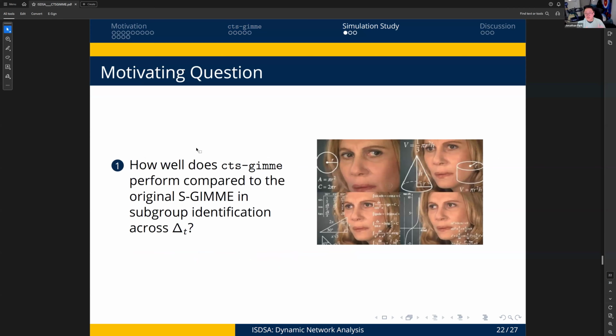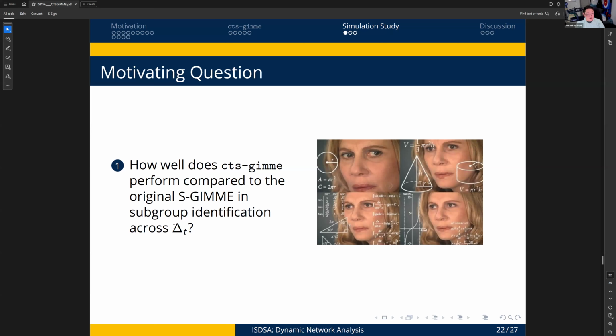So we have one simulation that we'll talk about, and then in the remaining time that I have, we'll go over our quarter document. So I did a small scale simulation. This is actually quite large now. I did a simulation study basically assessing the cluster accuracy of continuous time GIME models. I simulated continuous time processes and different numbers of subgroups, and then I evaluated how often we pick up the correct number of subgroups, and how this compares to the existing discrete time GIME.